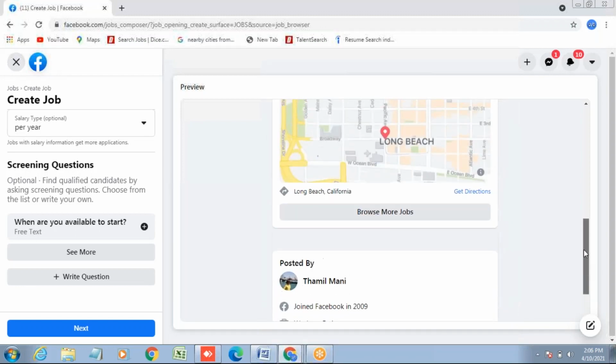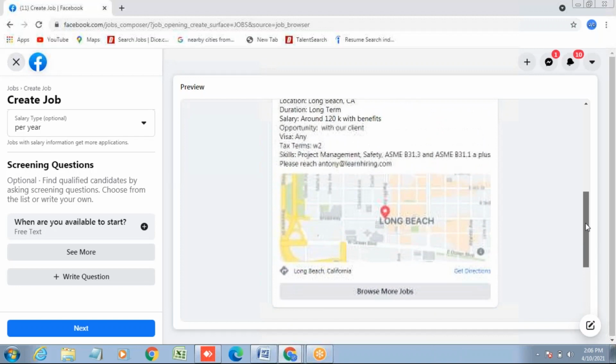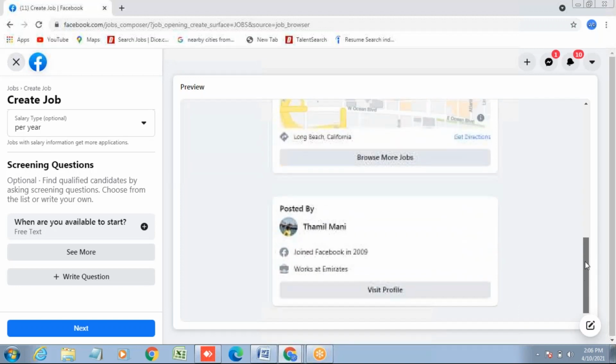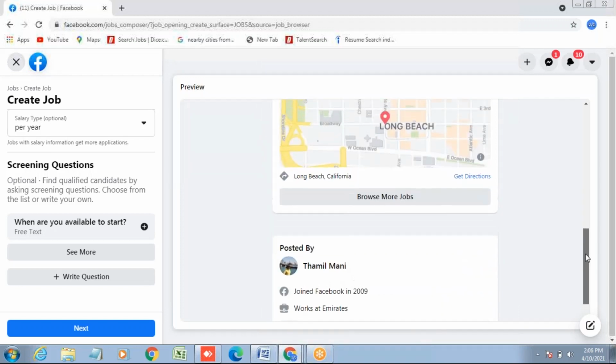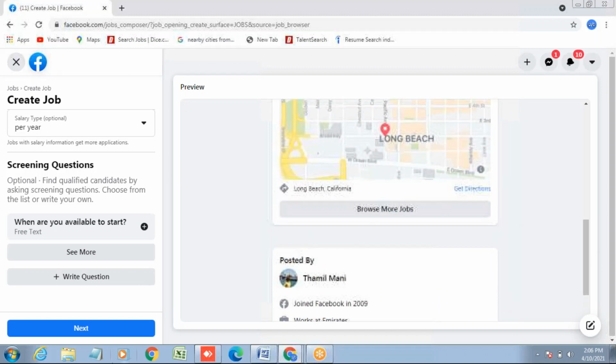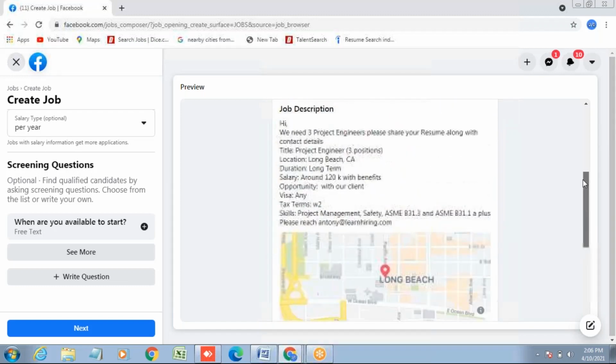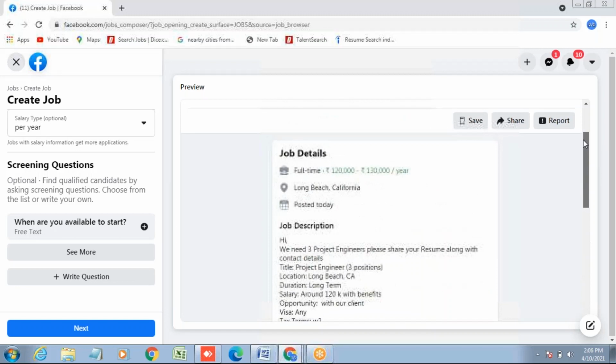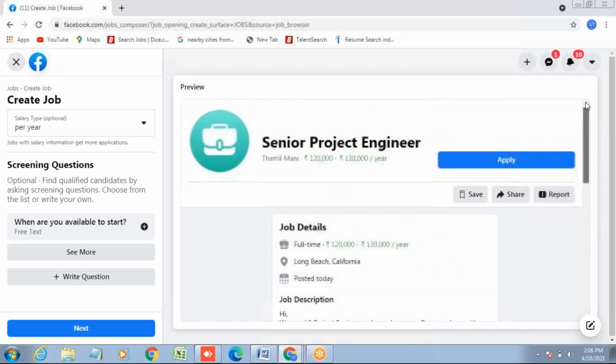So you need to click that apply button, right? Next button, sir. No, apply. Go above. Yeah, click that apply button.